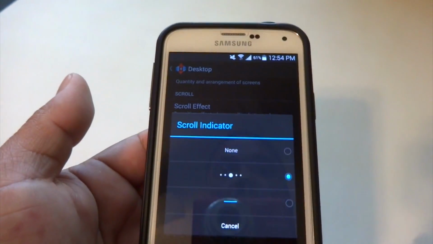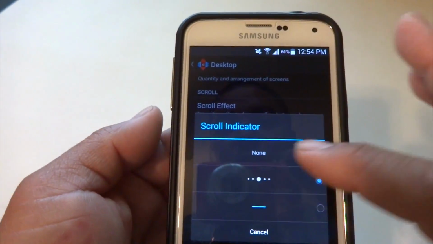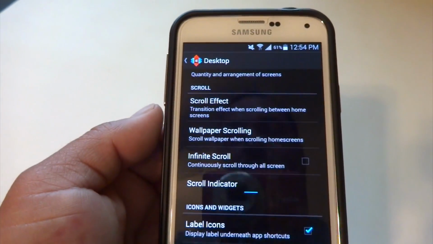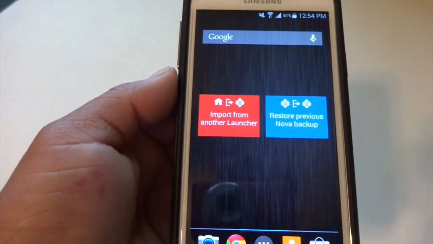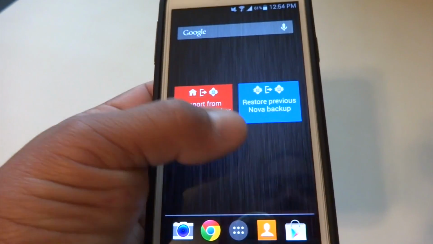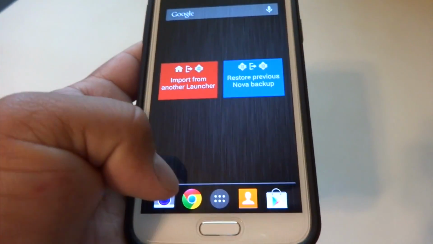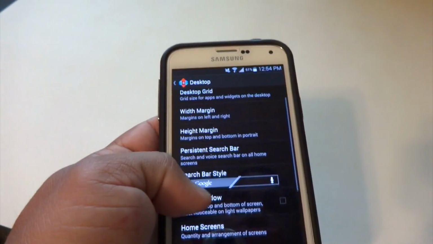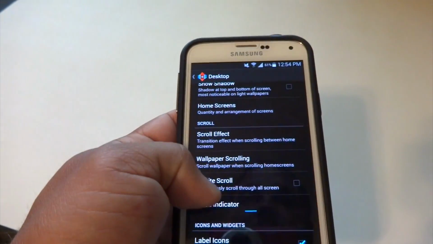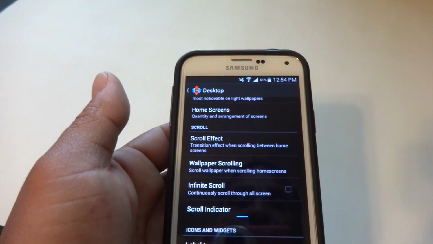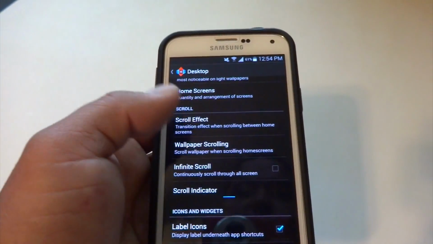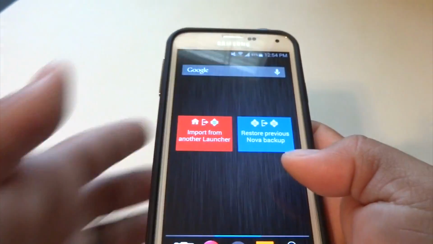The indicator, you'll see the dots there, or you can have that. So now here, instead of having the dots at the very bottom, I've got the little blue bar, which you can customize as well. Okay, so we've got infinite scroll. That'll, if you had a bunch of home screens, which I'm going to go ahead and create some